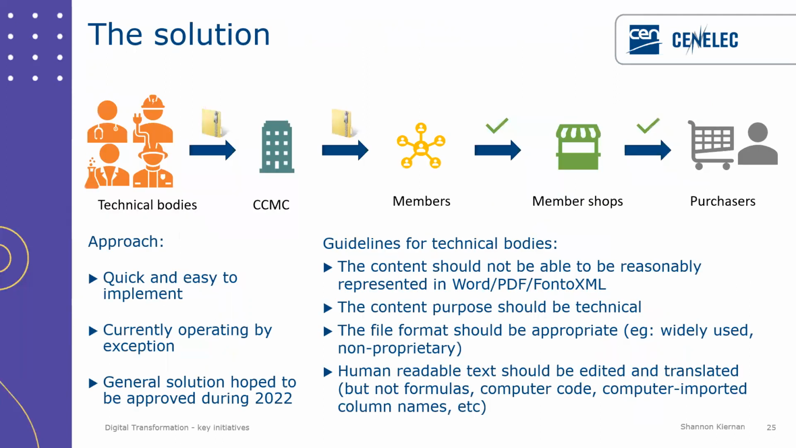So what are we trying to do? This top part here is the diagram. So basically we want to be able to have additional files get packaged up as part of the zip file. The technical body submits that zip file to CCMC. CCMC publishes that zip file to members, and then members, one way or another, doesn't have to be a zip